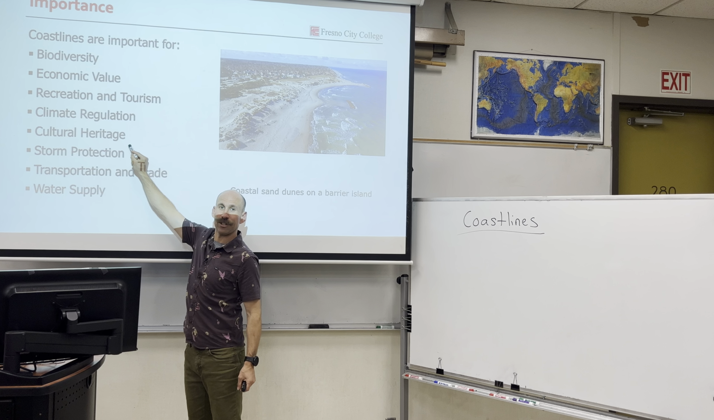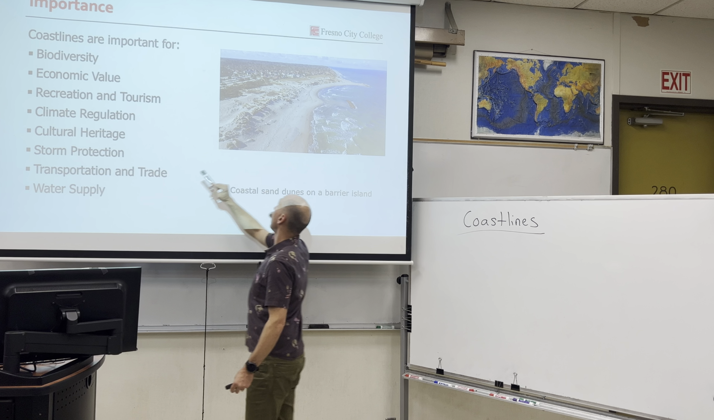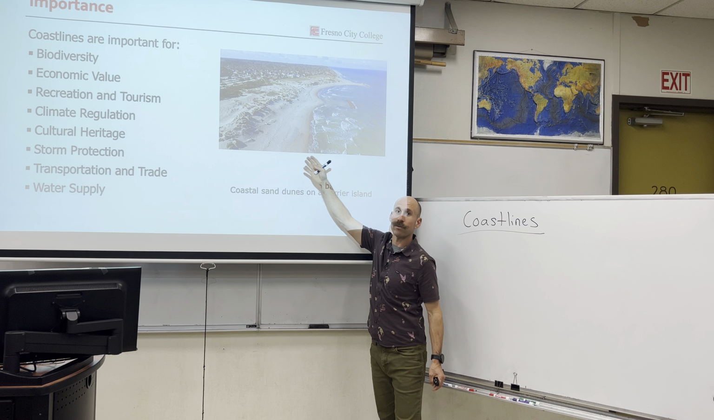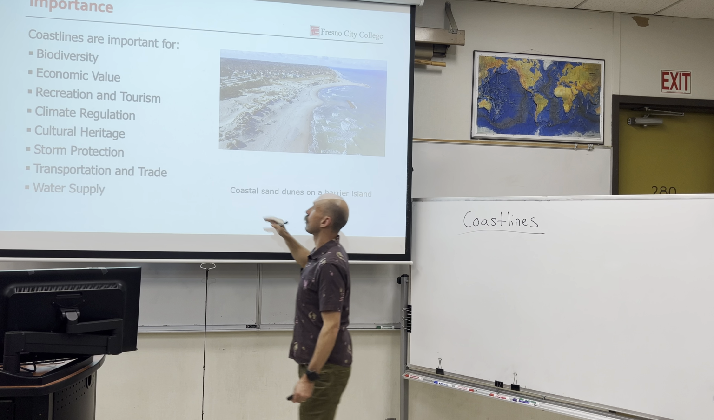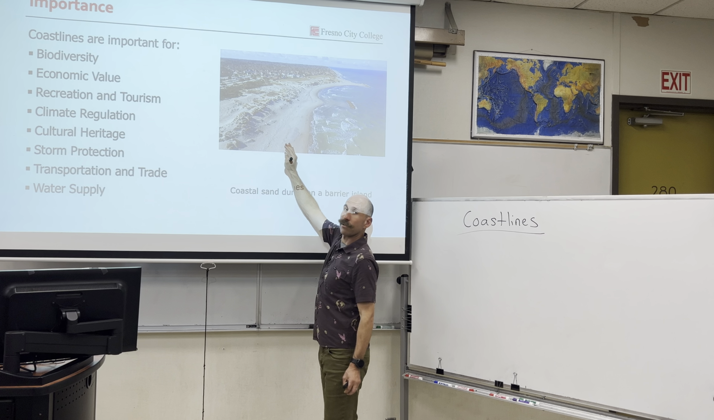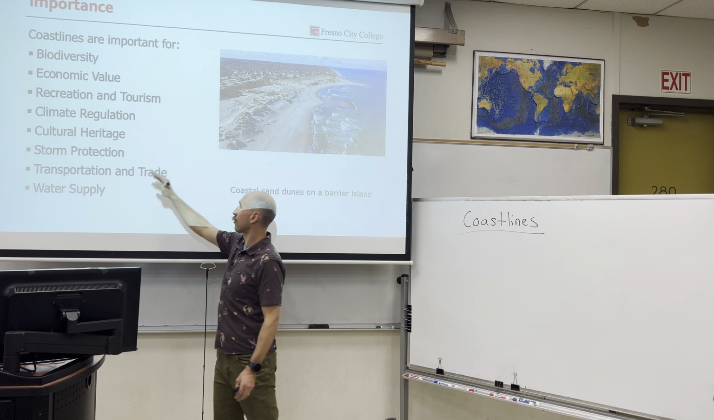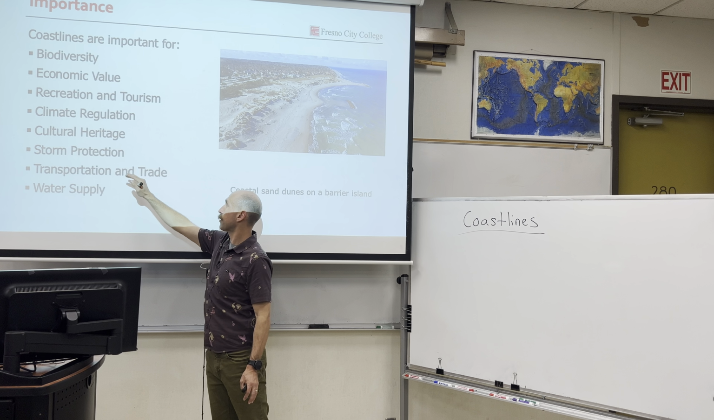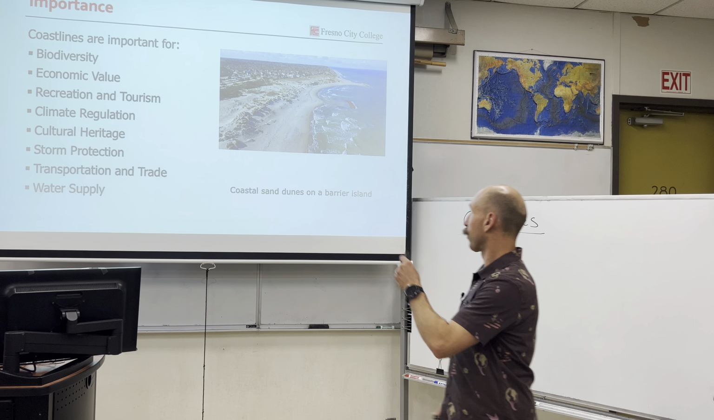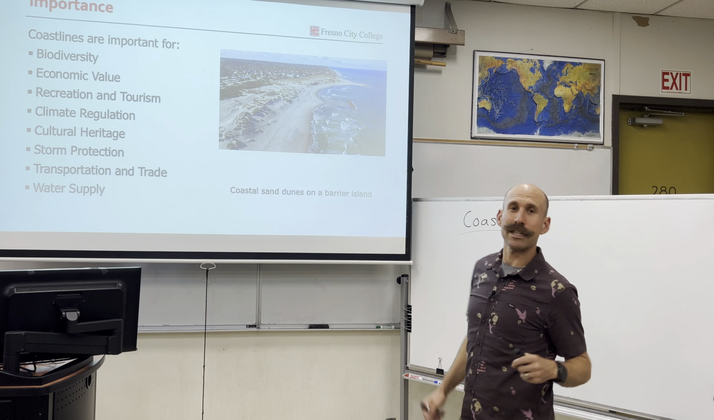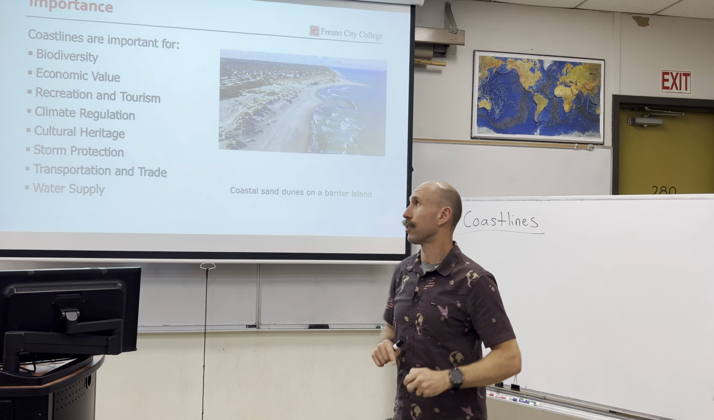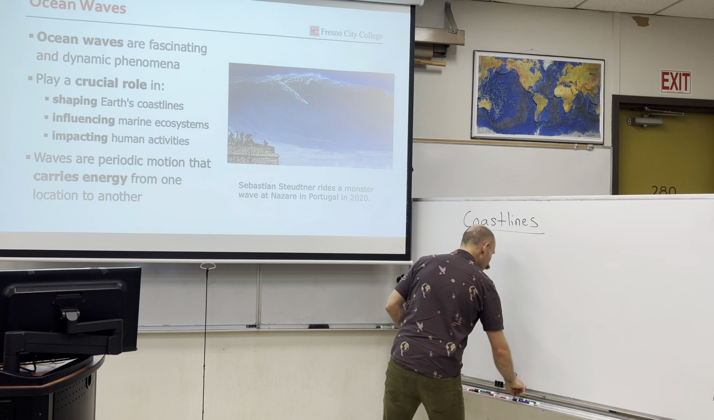Cultural heritage. Many indigenous peoples have established their cultures around these dynamic coastlines. Storm protection. Sand dunes, beach, rocky cliffs all provide protection from storms. The ocean transportation happens via coastlines, and then also providing water from the rivers to some of these coastal environments. So as we can see, there's a lot of importance to coastlines, but we'll talk about geological processes, including ocean